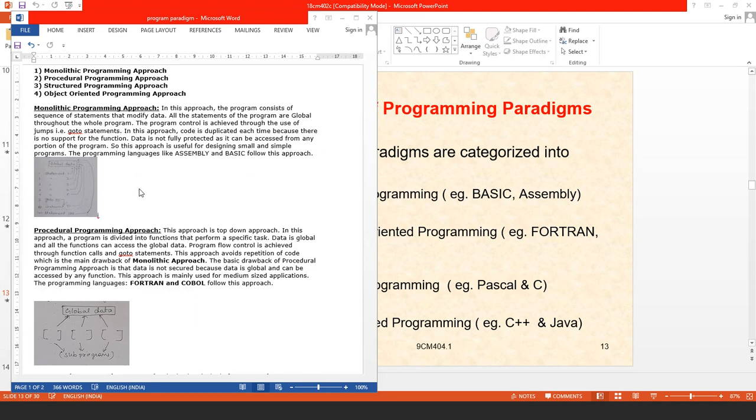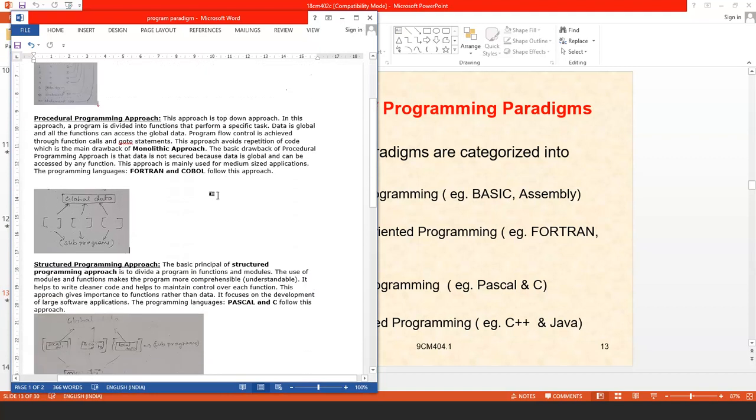This is the monolithic programming approach. Of course, there is no security, and it does not even have data types. And the second one is the procedural programming approach.